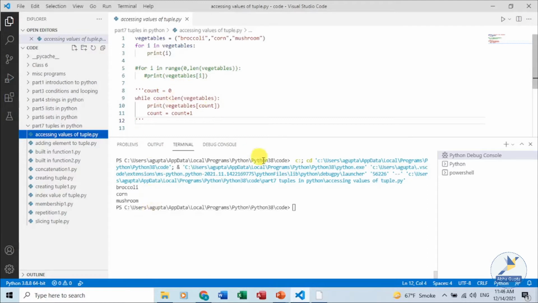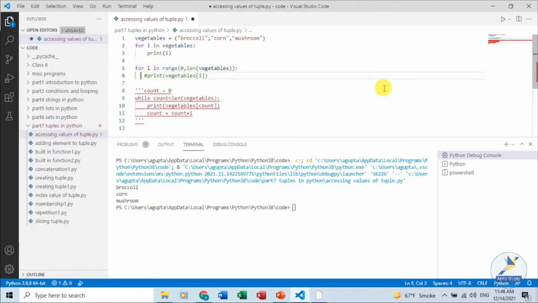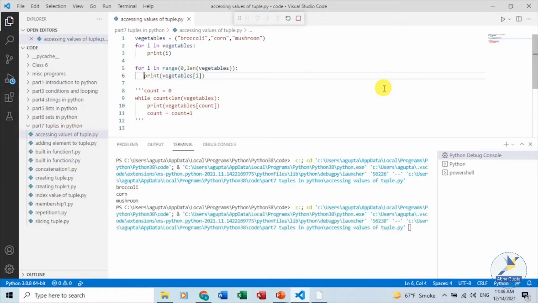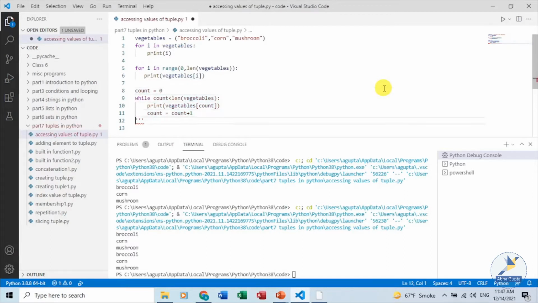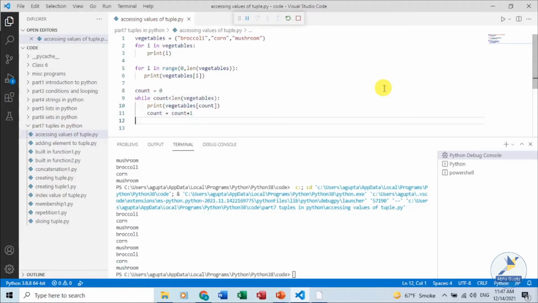This is the first for loop. Again, executing the program, it will print the same data, but here the instructions are written in a different manner, the statements are different. And if we uncomment the while loop, then also the same result will be printed, but the loop which is being used is different.